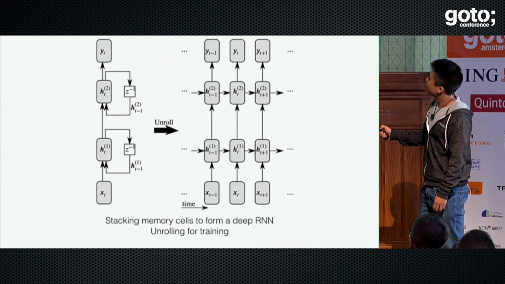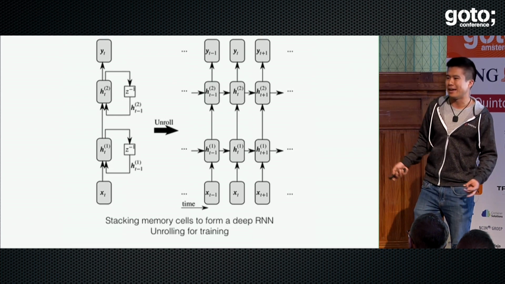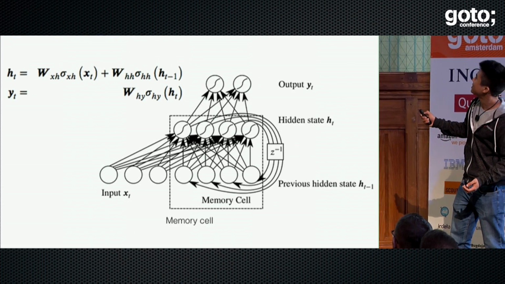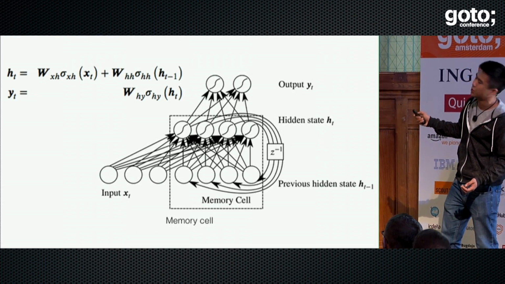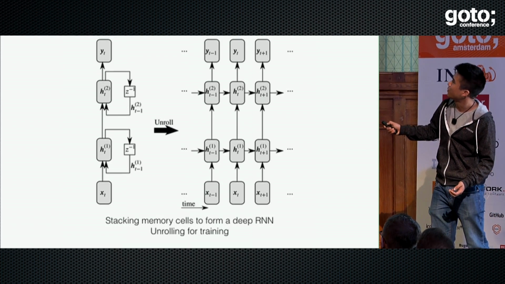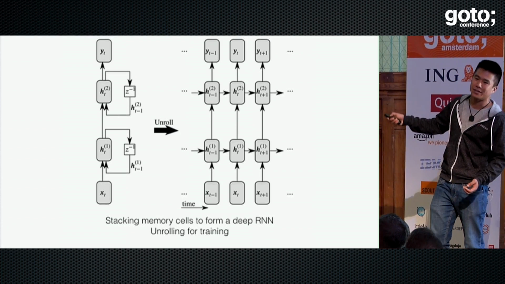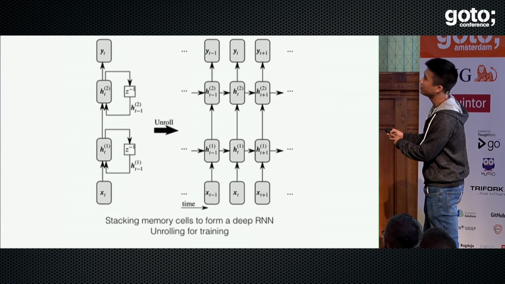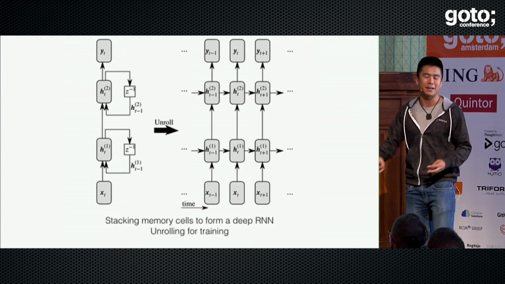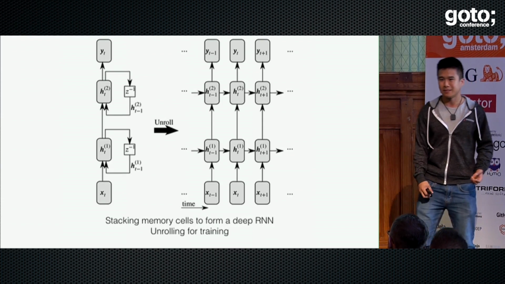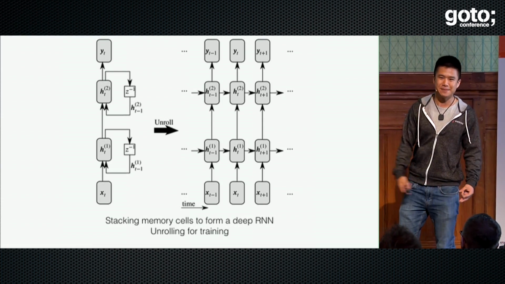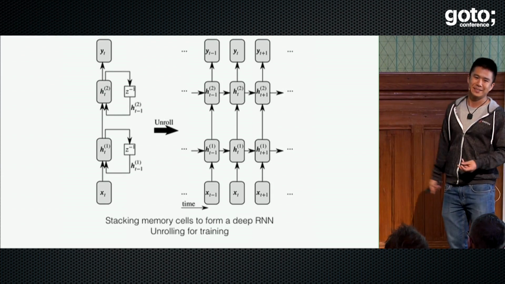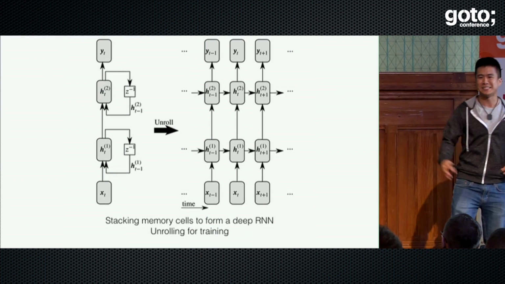Now, here, if you squint, you can kind of see that the memory cell that I've shown previously, where we have the inputs, the hidden states feeding back to itself to generate an output, I've abstracted that away like this, and I've stacked it on top of each other. So rather than just having the outputs come out of this h right here, I've actually made it the inputs to yet another memory cell. This is where the word deep comes from. Deep networks are just networks that have a lot of layers. And by stacking, I get to use the word deep inside of my deep LSTM model.